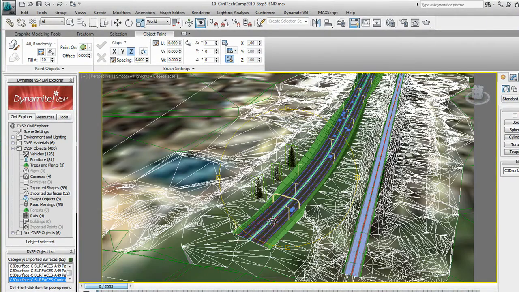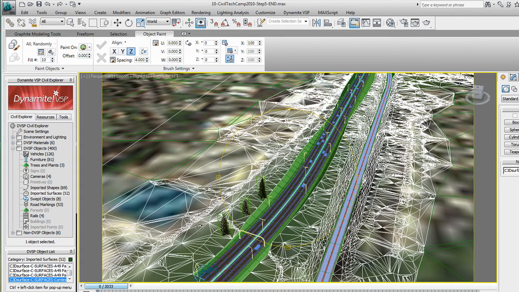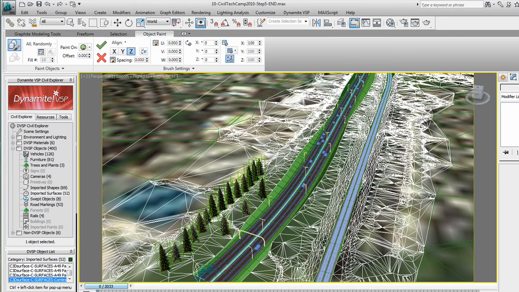So obviously, following my bitmap, the areas that are green are most likely going to be the areas where I need to plant some trees. I'm going to give a spacing of 10, so there's enough space in between these trees. And I'm going to start painting on this selected object. So you see that wherever my cursor is going, it is planting trees, and these trees are following my terrain